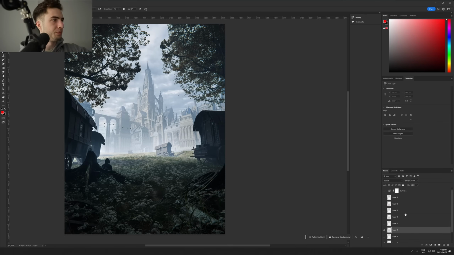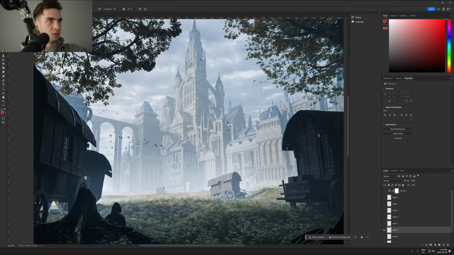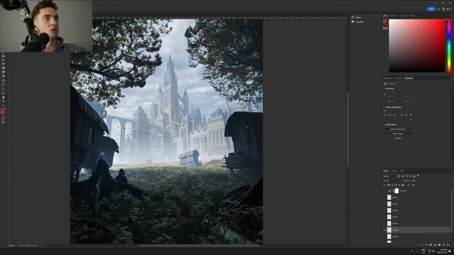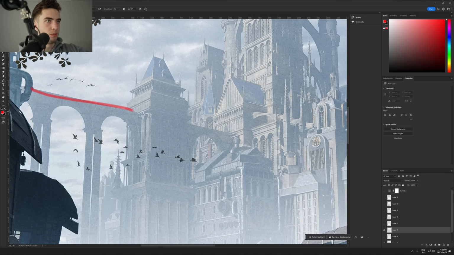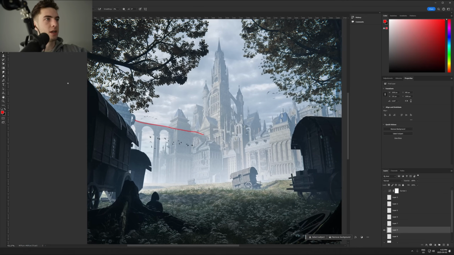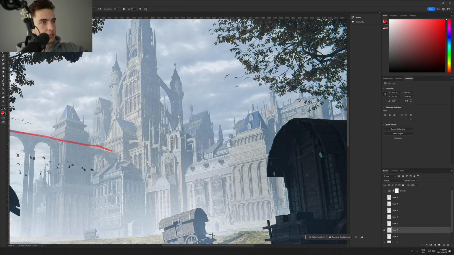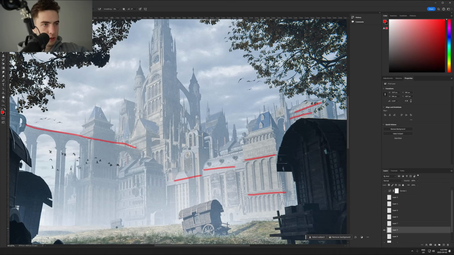So for example, in here, if we take this bridge, the main section that you probably will look at first when you see this image is this big giant castle in the center. And there's a lot of things helping you snap your gaze towards that immediately as soon as you see the picture. So for example, if we zoom in here, there's this ginormous bridge running from left to right, towards the middle. There's a lot of lines on these buildings that help guide your gaze towards this central area. There's also a lot of vertical lines leading upwards, and these are just naturally forming lines in